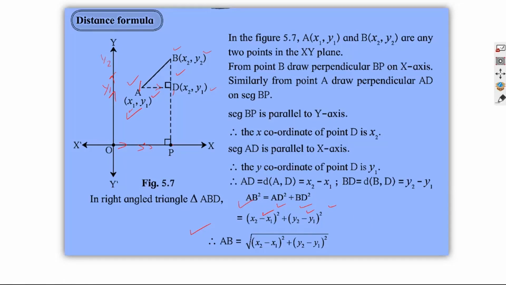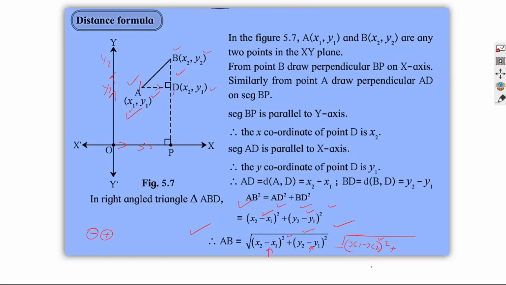Meanwhile, I would like to say, see, this is a particular formula. The peculiarity of the formula is that if you think about it, these are squares and you have taken the square root of it. So in this formula we have x2 minus x1 and y2 minus y1. Whether it is x1 minus x2, that means if I write x1 minus x2 whole square, irrespective of the sign, whether you get a negative answer or a positive answer, you know that the square